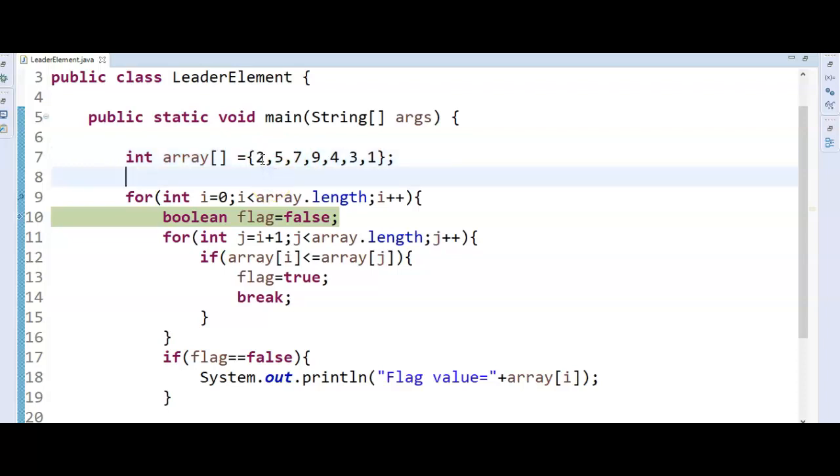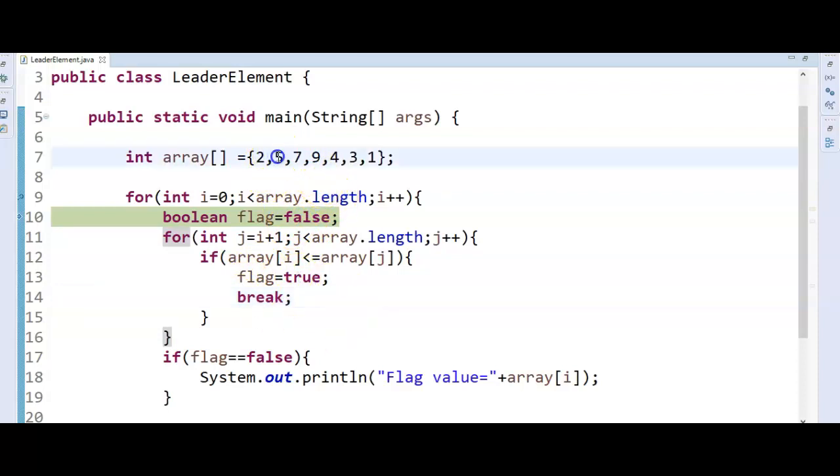There is no need to compare this element with the other elements. So first we compare 2 less than 5. If it is less than, there is no point in checking 2 less than 7, 2 less than 9. That is the reason we have written the break statement. Once it is less than, it will come out of this loop.